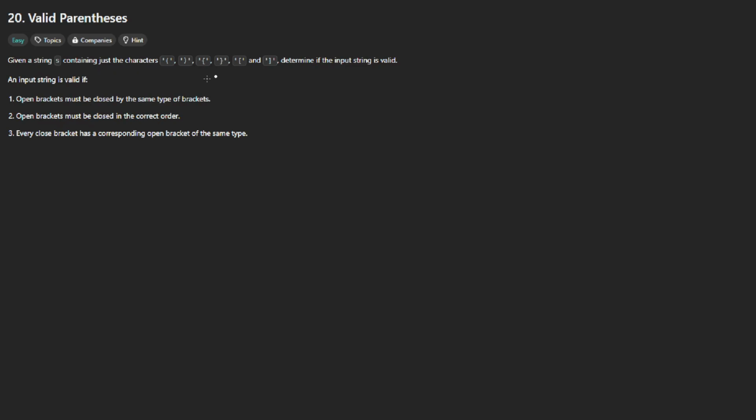In this challenge, we are given a string S containing just the characters of our opening and closing brackets, our curly brackets, and our square brackets. An input string is valid if open brackets must be closed by the same type of brackets, open brackets must be closed in the correct order, and every closed bracket has a corresponding open bracket of the same type. So in this case, what it would be looking for is that if we were given this,